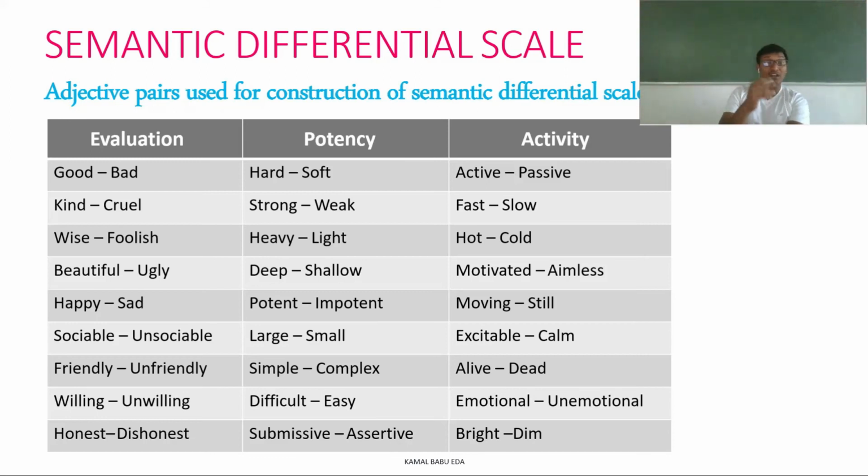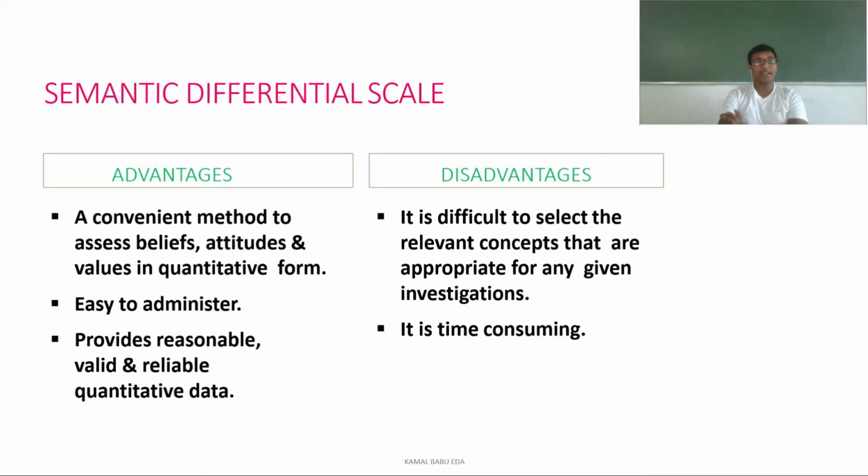What you have are adjective pairs. Adjective pair means one side you will have positivity and one side you have negativity. So simply you can directly go and tick mark whether they are good or bad, hard or soft, active or passive. These are some of the adjective pairs that are used in the semantic differential scale. Coming to the advantages and disadvantages,